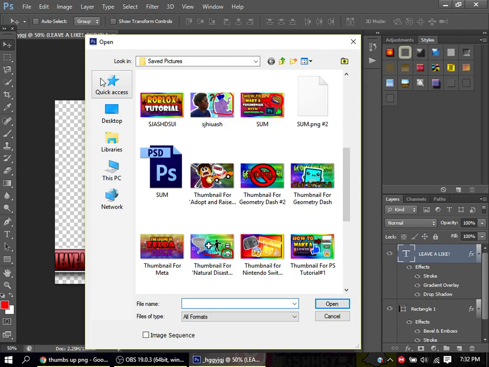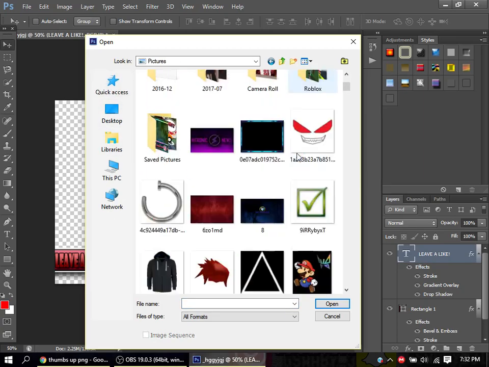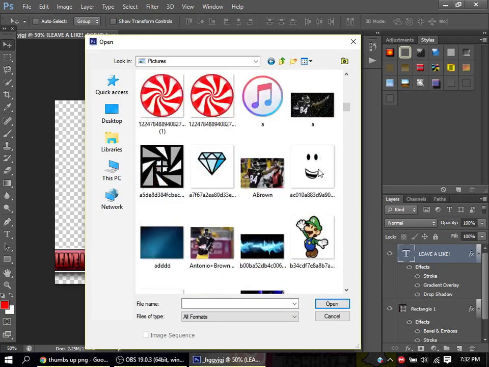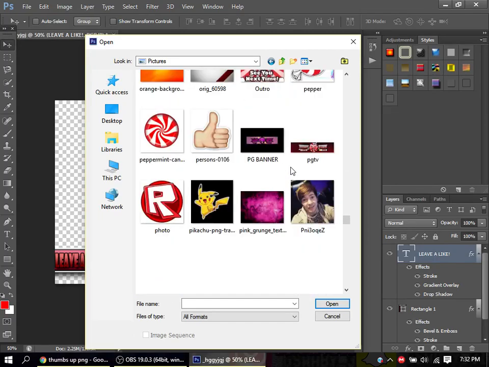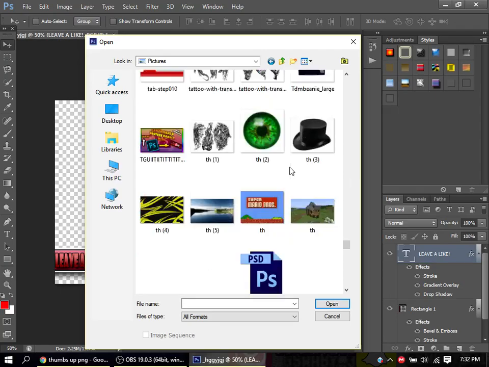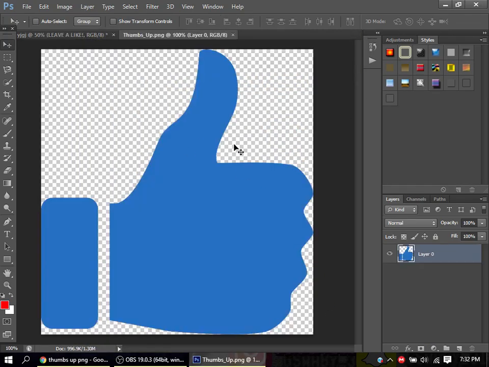What you can do is go to where the image has saved. So mine's saved in Pictures, and let me just try to find it. It was titled Thumbs Up, so it started with a T. Sorry guys, I have a lot of images on my computer. I know I should change it. But once you click on it and press open or whatever it says,